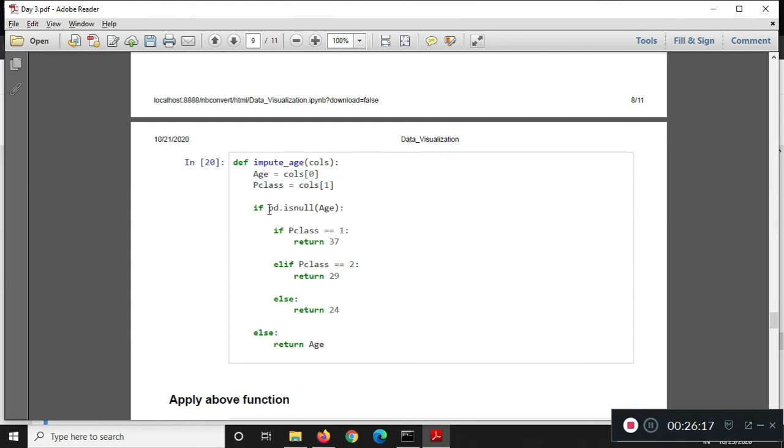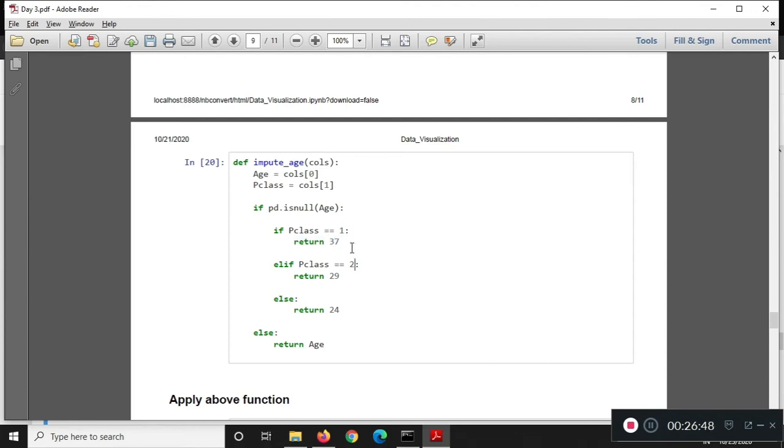If pd.isnull, that is if the age column has a null value, and that too belongs to passenger class 1, then return 37. So wherever a passenger of class 1 has a missing age, you have to replace those values with 37,